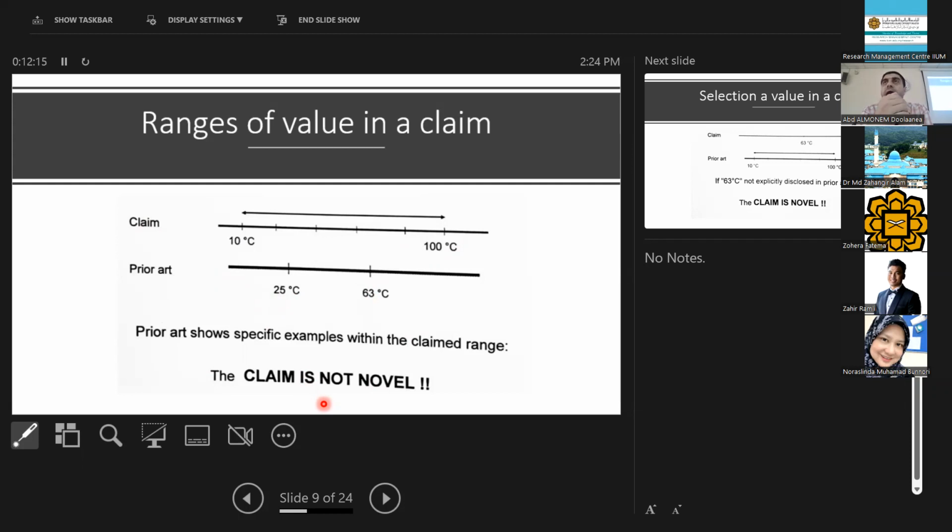The other way can work, provided that you need to prove there is a specific feature happening in this range. It's not like randomly you're picking up a range because you want to patent that one, because you know it works from 10 to 100. So basically the one that now we're talking about is the opposite way. If someone claims